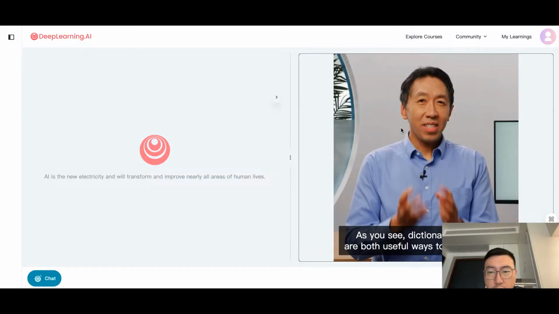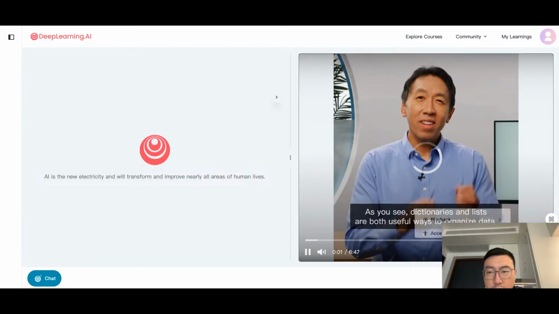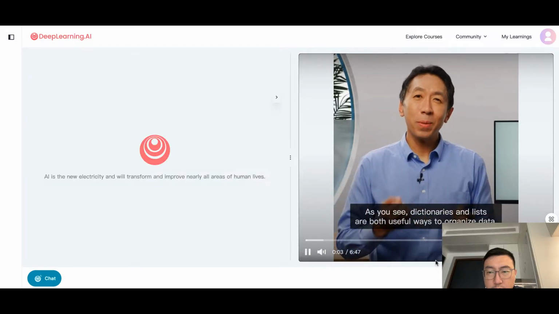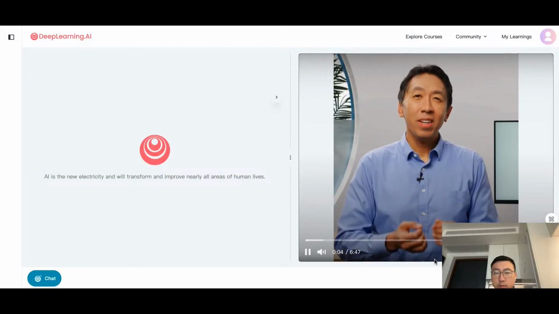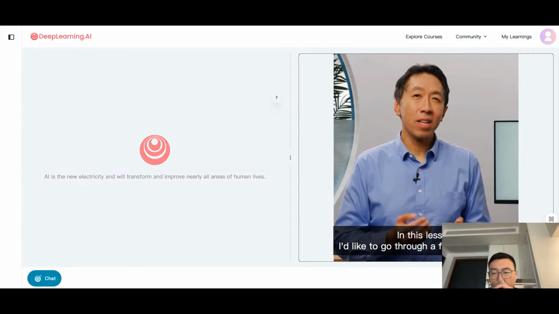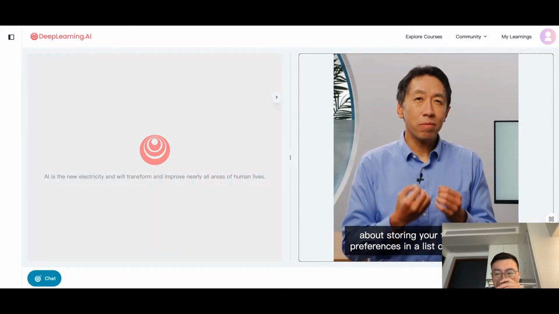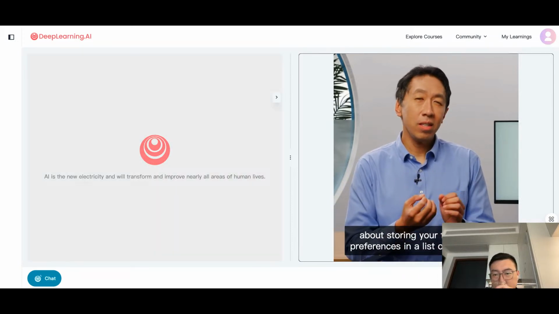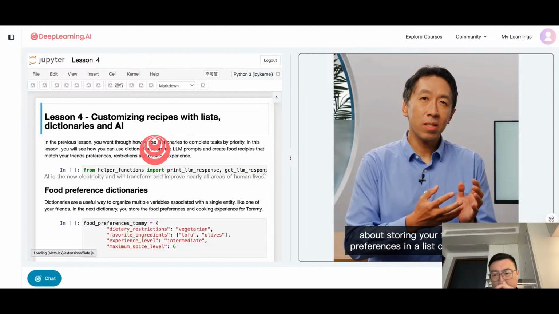As you've seen, dictionaries and lists are both useful ways to organize data. In this lesson, I'd like to go through with you a fun example about storing your friends' food preferences in a list or a dictionary or a combination